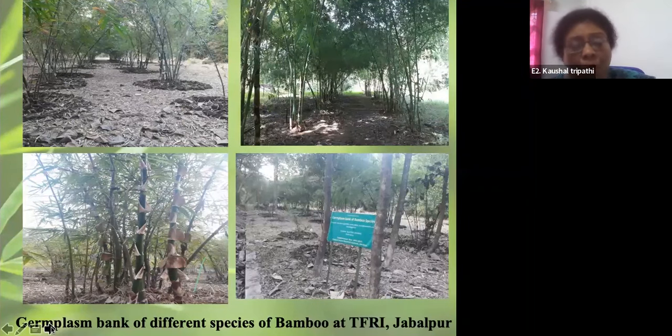And here at TFRI Jabalpur, we have a germplasm bank in which we have done the collection of 4 species of bamboos from three central Indian states of Maharashtra, Odisha, and Madhya Pradesh. And we are maintaining these different accessions in our germplasm bank for Bambusa bambos, Dendrocalamus strictus, Bambusa tulda, Bambusa vulgaris, and we are continuously adding them. With Bambusa balcoa also we have started germplasm collection, and we use the propagating material from these germplasm banks, the superior clumps which we have collected from different locations, and do the propagation of our planting material. Next slide, please.